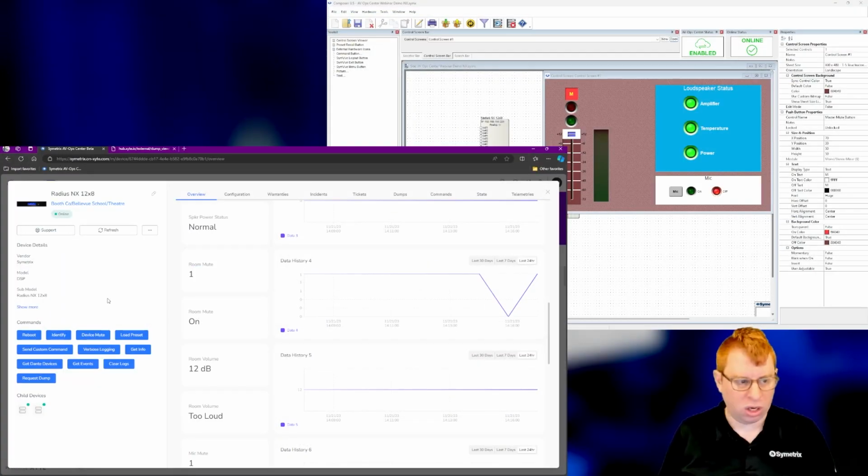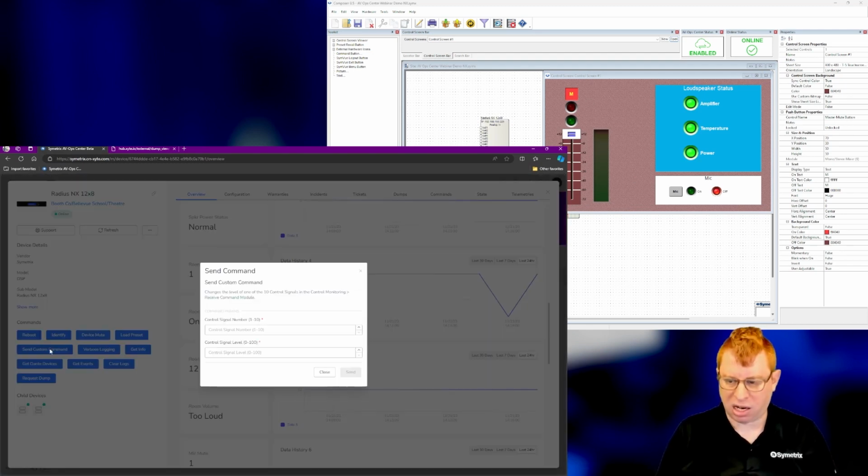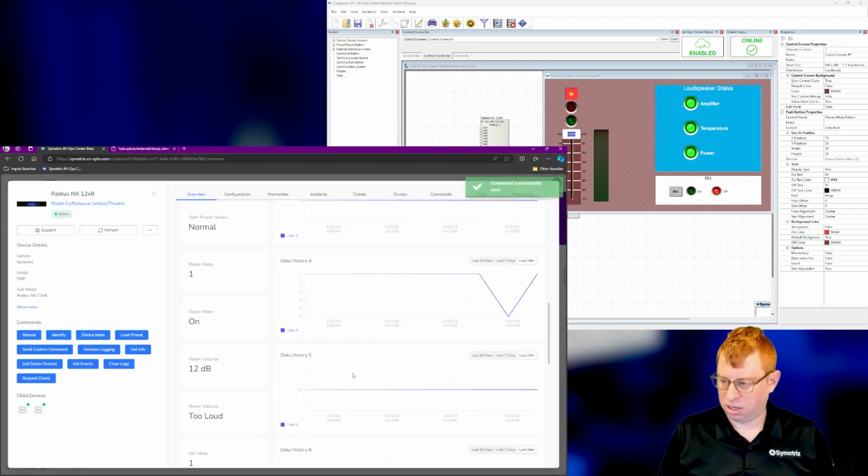Let me show you a view with Composer so you can see the status of that mute. And I'm going to send a custom command. I'll show you how this is set up in a minute. Custom command 1 is set to the mute button, and I want to send it a value of 0 to unmute. Click send,